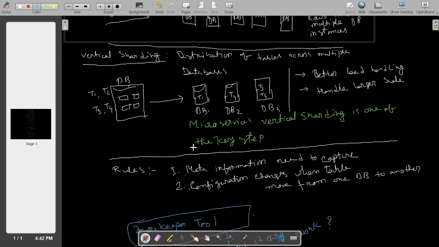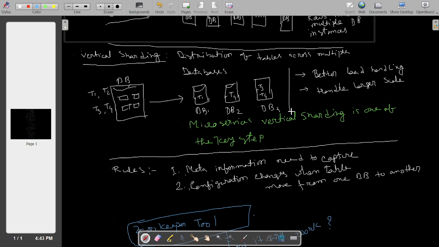So what things do you need to do? First, you have to consider the rules, right? Rule number one: today DB1, DB2, DB3 and all this metadata, like T1 is here, T4 is there, and T3, T4 is there, this sort of information has to be kept somewhere in a central location, so that whenever an API server is sitting there, it knows, okay, for T1 tables I have to reach DB1, or for T3 or T4 I have to reach DB3, right?